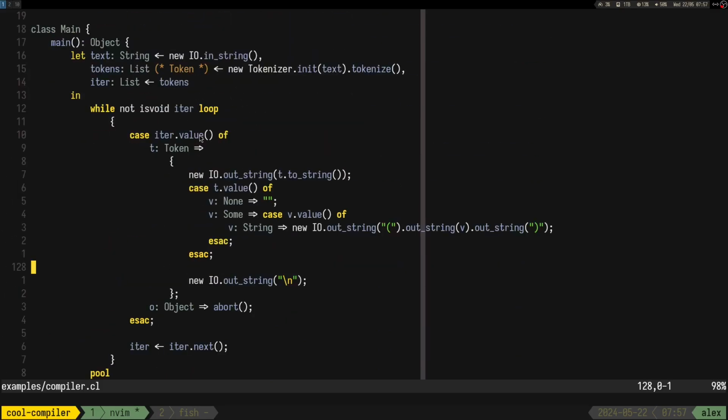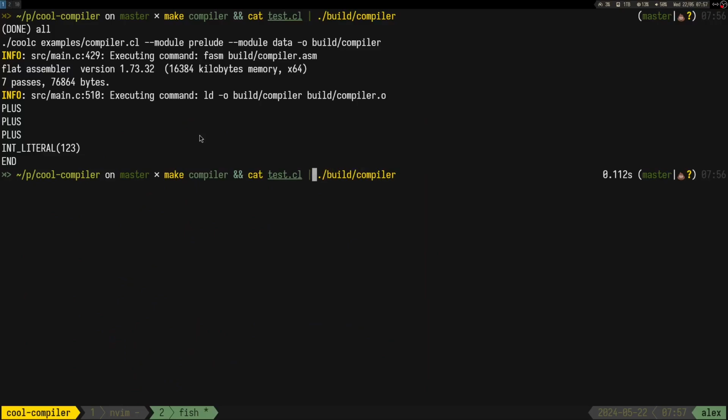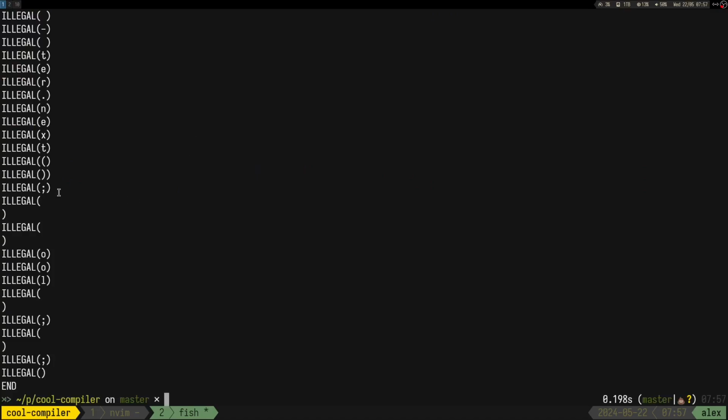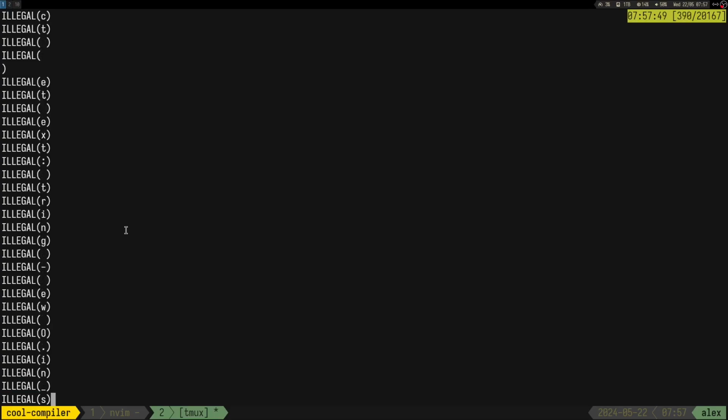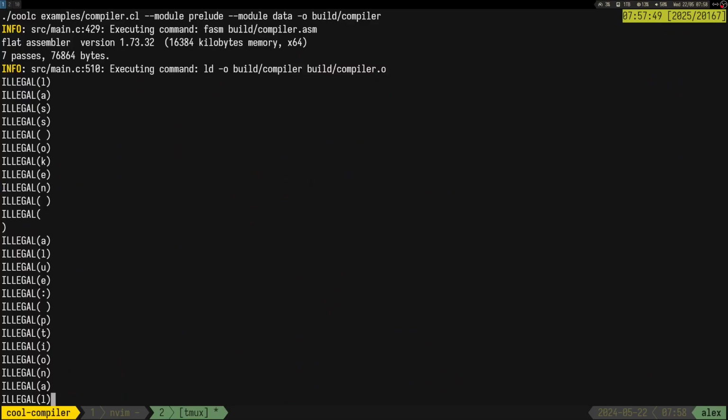So yeah, let's see what happens if we pass in the other one. So well, at least we get, it doesn't crash, right? Like that's pretty cool though. Interesting.